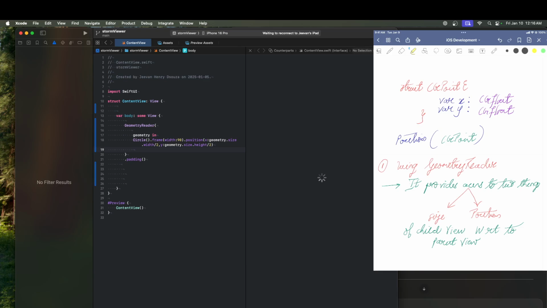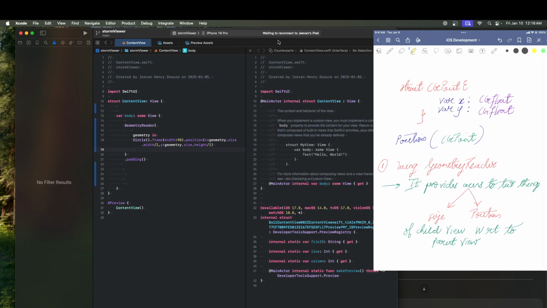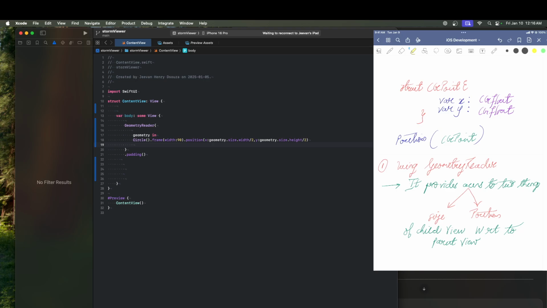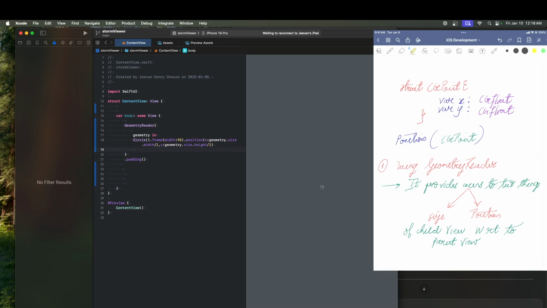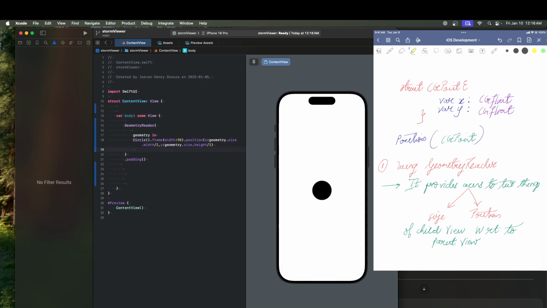Let's get rid of the assistant. Show canvas. And then canvas under it. Then